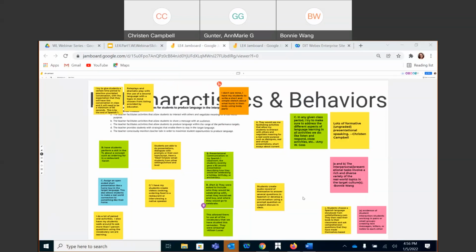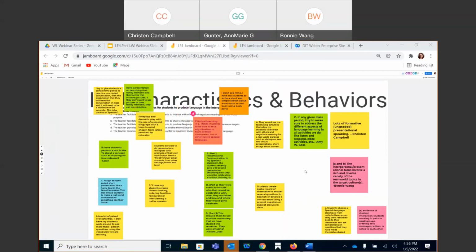All right, I'll let you enjoy what's there on the Jamboard. Keep in mind, this is still open to us even after this broadcast today. I see a couple folks who said they're joining us via cell phone, so it's kind of hard to do an activity like this, but don't worry. We'll still have the Jamboard up for a while, and you can come back to it either to add a sticky to it, even if you want to add more than one, you can do that, or just to read through what other people have posted. It's a very interesting thing to look at and to consider all the different ideas here that are good ways to focus on that LE4 sub-criteria that helps us look at interpersonal communication and presentational communication, 2 of our 4 standards.